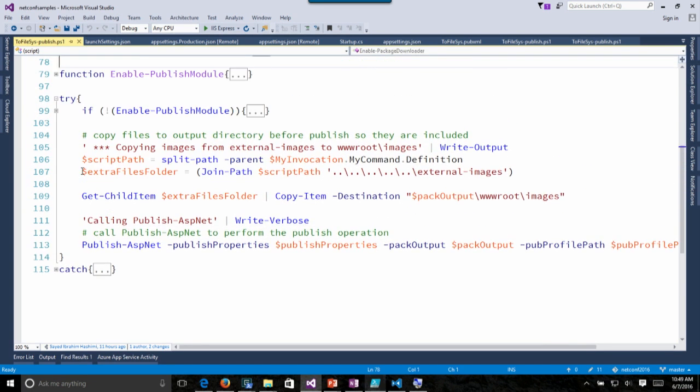If you think about it closely enough, we don't actually see any publish properties being used before the script. It really just happens here. So what that means is you can create a PS1 file, customize it, and then you can publish with different publish methods to different locations. For example,